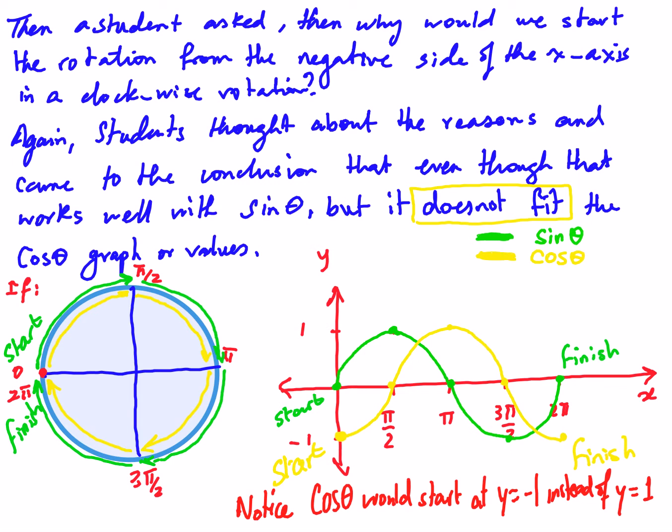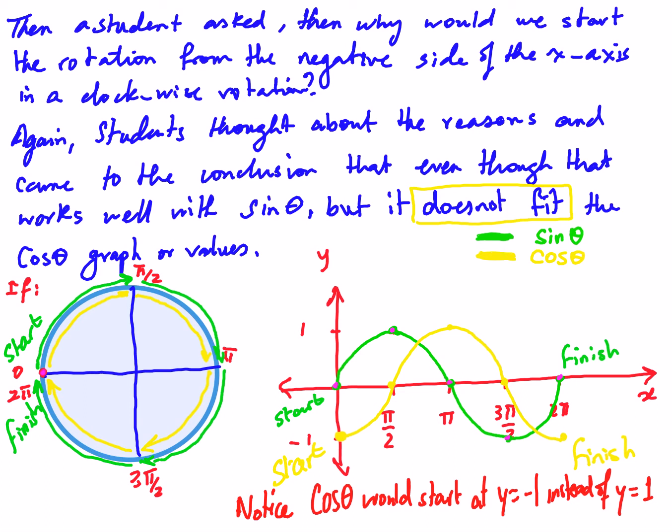So what I'm going to show right now is what they thought about, and I'm going to use purple color for that reason. As for the sine graph, as you can see here from the sketch, it starts at (0, 0), and that's its starting point, and it goes to pi by 2 at y equals 1, at x equals pi to y equals 0, at x equals 3 pi by 2 to negative 1,